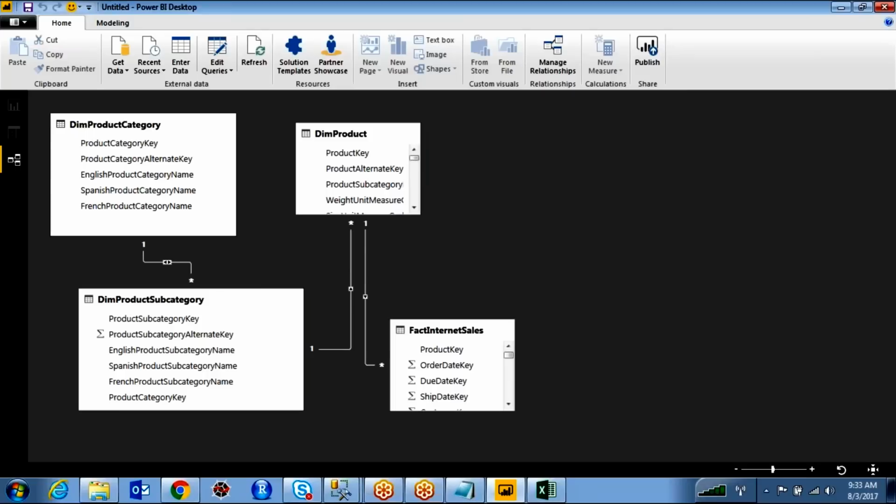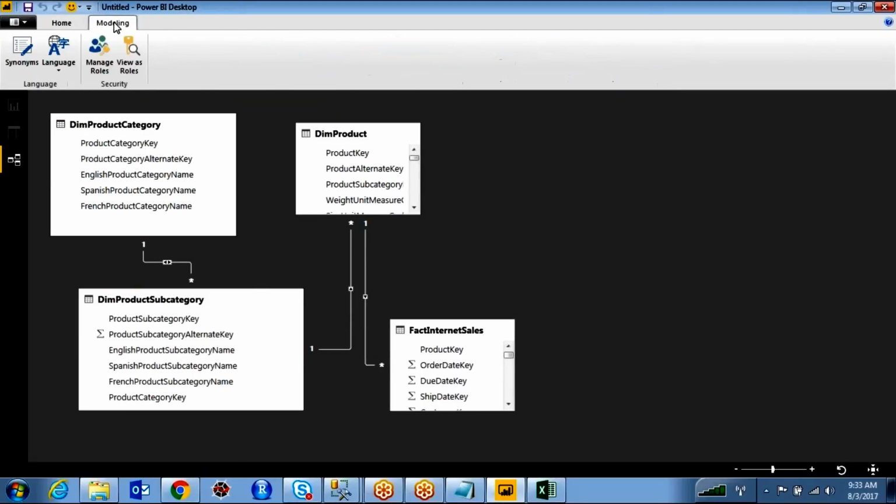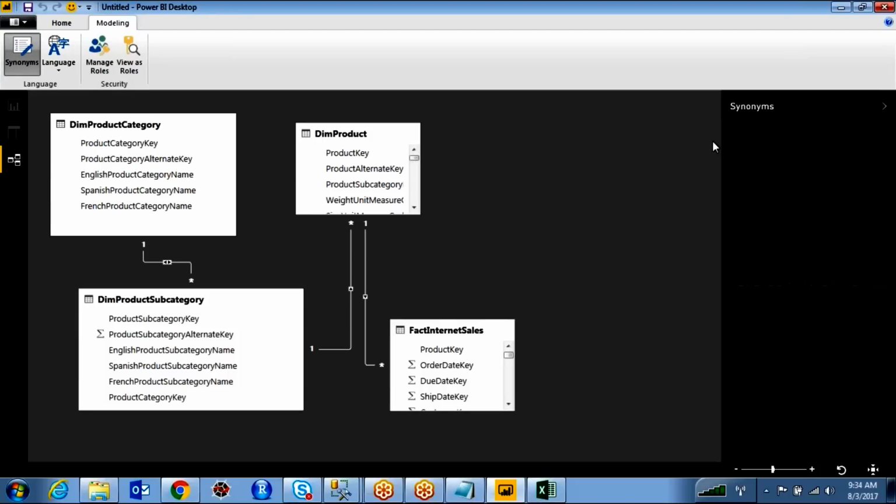And whether it is bidirectional or single direction filtering, you have to select over here. Okay, right. So you just come to the modeling part. In this modeling, the manage roles we will discuss at the time of discussing row level security. What are synonyms?